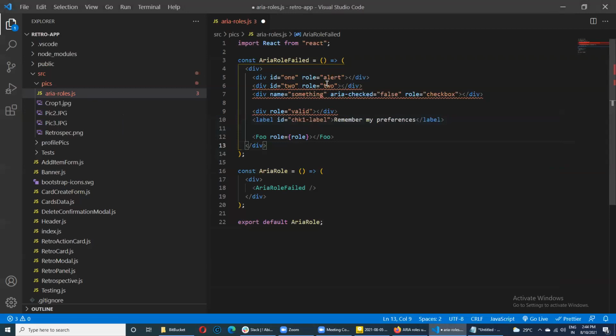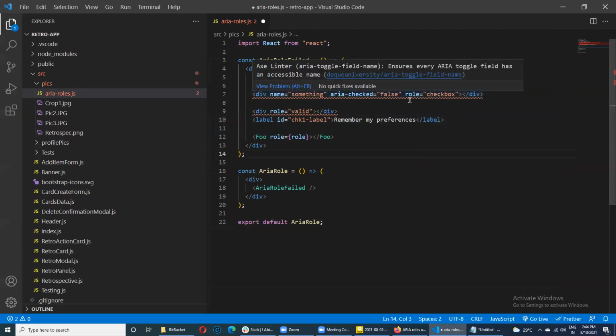Now, for example, I'm having a checkbox here, but this is again giving me a problem. So what is the problem? Let me see. The role is a valid role over here. It also has a valid aria-checked saying it's false. But still there is a problem. Now I can look at that and I know that the problem is that the ARIA toggle field must have an accessibility name.